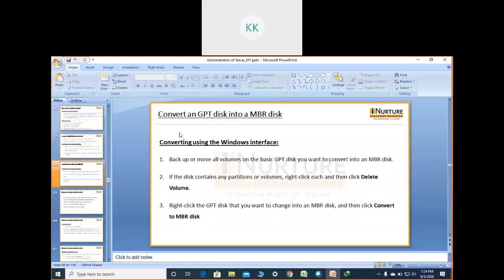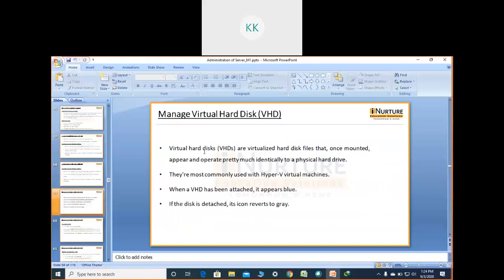Now we'll go with the virtual hard disk. What is a virtual hard disk? See, hard disk we all know. It is where all our data is stored permanently. This is called the disk. Why is it hard? Because it is made up of hardware. That's why it is a hard disk, or you can make many different analogies, no problem.